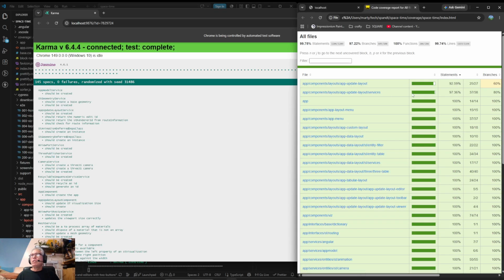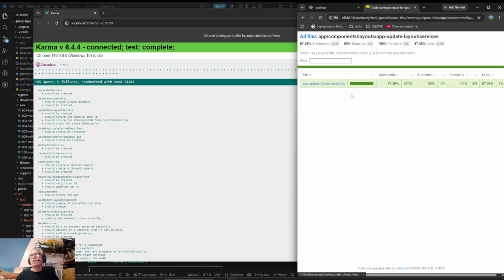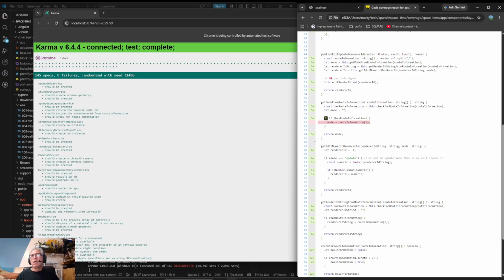All right, so I'm working on unit tests, and I thought we had gotten to 100% on all but one. Oh, I guess not. I guess we still have one to do over here. So it looks like we have one. Oh, okay, so get mode from route information takes a string, and it returns whatever is in the first position, which is actually the second string. The first string is in the 0th position. The second string is in the first position.